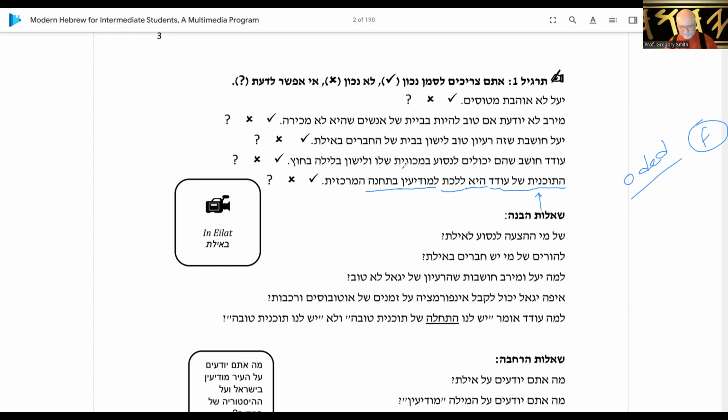That's right. התוכנית של עודד היא ללכת למודיעין בתחנה המרכזייה. מרכזייה. Okay, so he ללכת למודיעין בתחנה המרכזייה. Okay, so this must be central here. And this is the hamodi'in. That comes from information or knowledge. And then batachana is like the